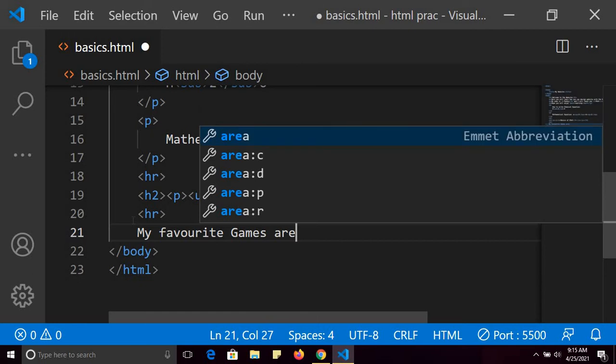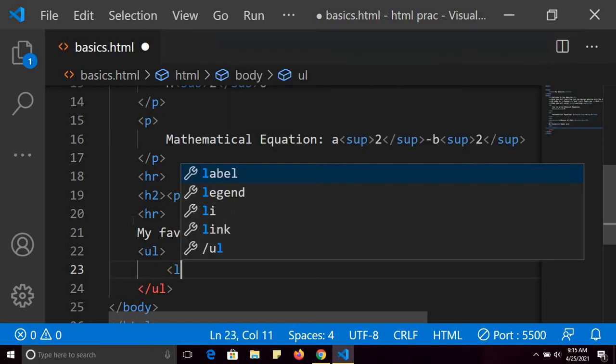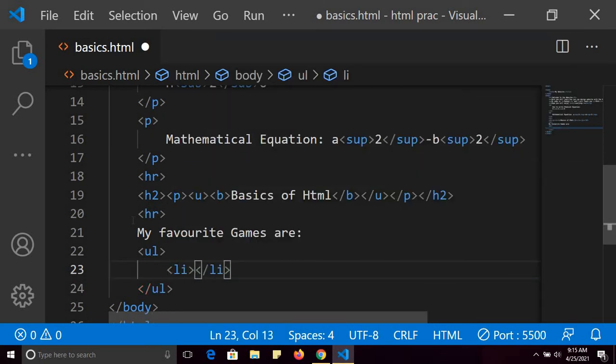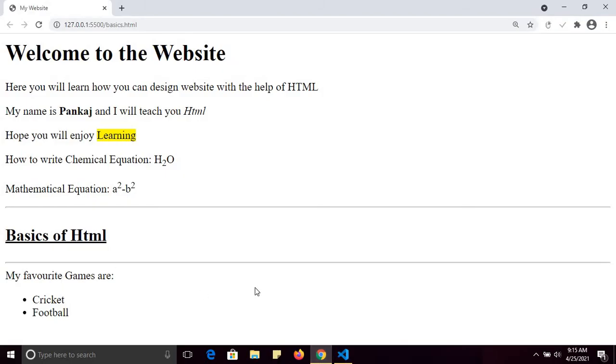My favorite games are, and I am going to use this tag. Let me show you the output first, then I will explain this tag. Cricket, and football, and see the output. My favorite games are cricket, football.